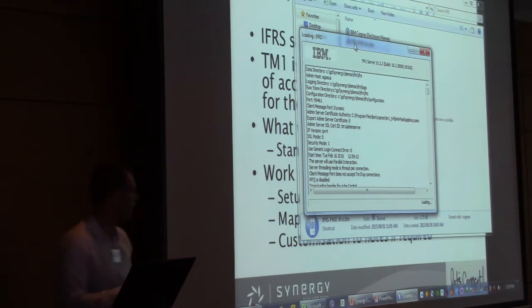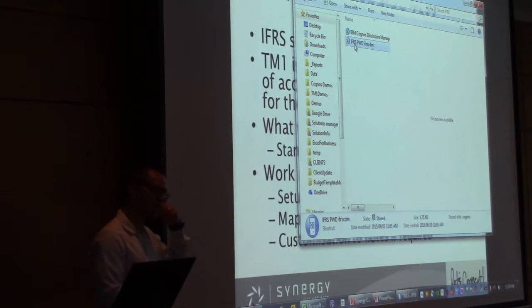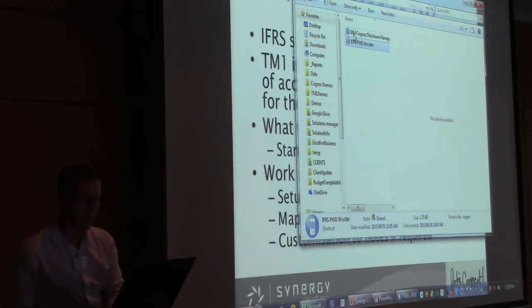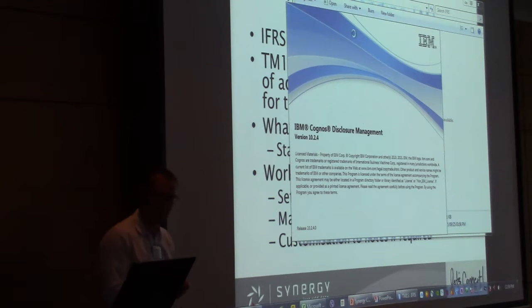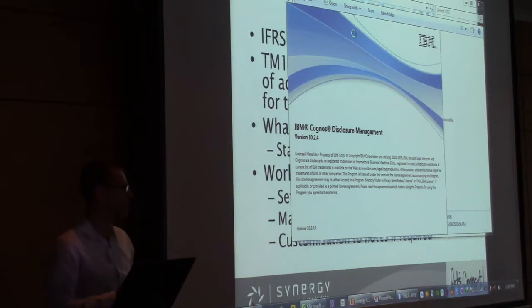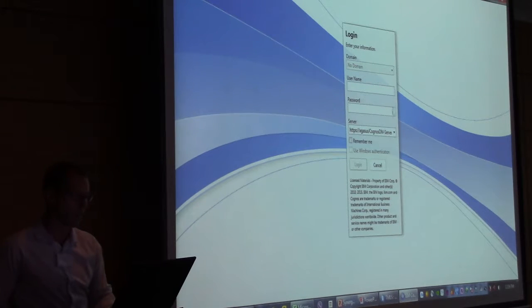So we built an IFRS cube in TM1, which allows for a mapping. So we built a mapping database, and you would basically be importing your trial balances into it. If you've already got all the subsidiaries inside a cube, we would just then pull the values from that particular cube into the IFRS cube.